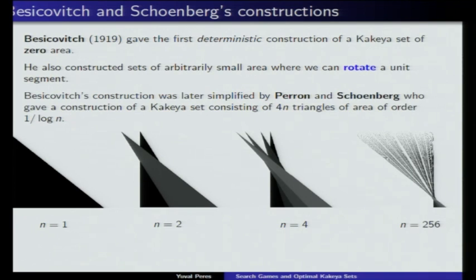And after repeating this kind of thing 8 times, you'll get a union of lots and lots of triangles with relatively small area. It turns out that it goes down like 1 over log n if you have n triangles. And this is the classical construction. Now this shows sets of arbitrarily small area. To get zero area, you need to be able to embed such constructions inside one another and take a limit, which is not an obvious thing, but was still done by Besicovich.